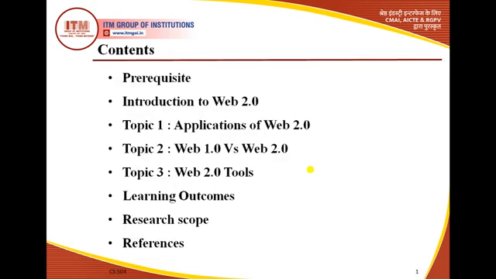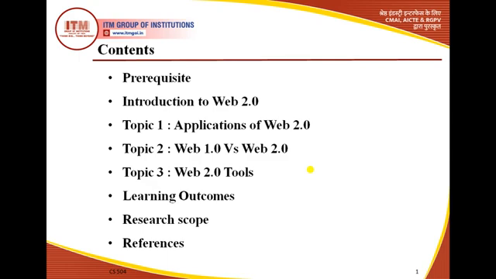Now, first of all, I would like to tell you all that the contents which I have included in this lecture are: first is the prerequisite, then a thorough introduction to Web 2.0 technology. Then topic number 1 we will cover, that is what are the application areas where Web 2.0 technology is found.